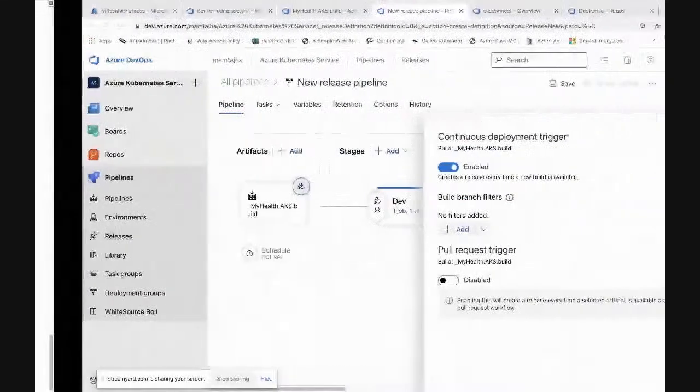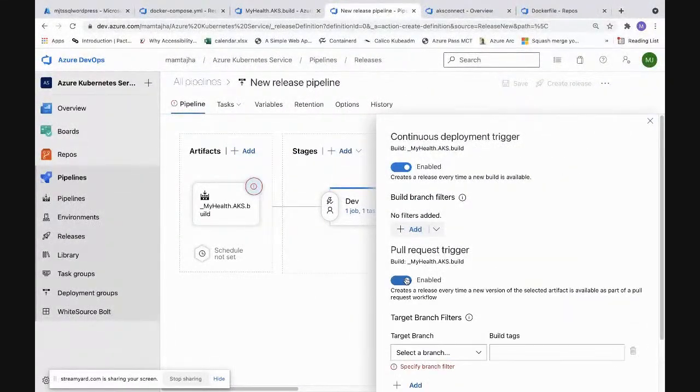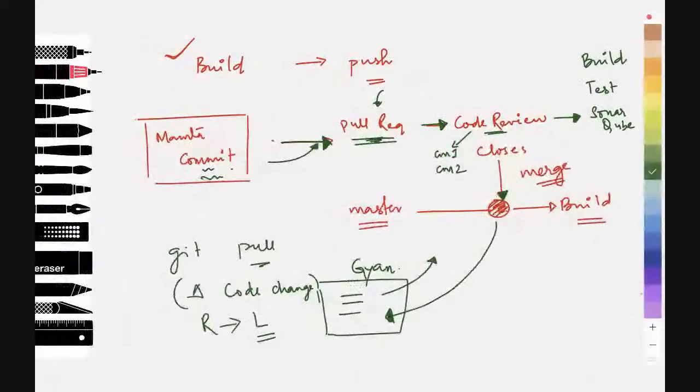Now, this option, which was there on the screen, if I do this, this pipeline will start to trigger for every pull request which comes. Like I can have multiple branches in my repository, right? I can select a branch, like the master branch, and whenever there is a build, whenever there is a pull request created, execute this pipeline. Pipeline is going to remain the same. It would trigger in both the scenarios. It would trigger here as well, and it would trigger here as well. That's the difference.